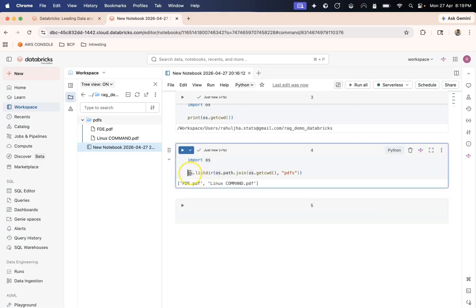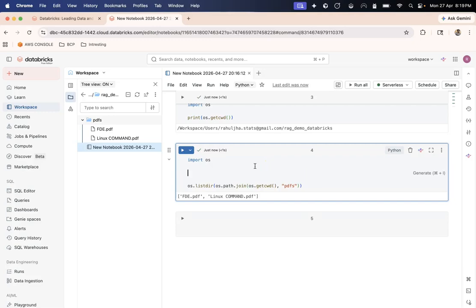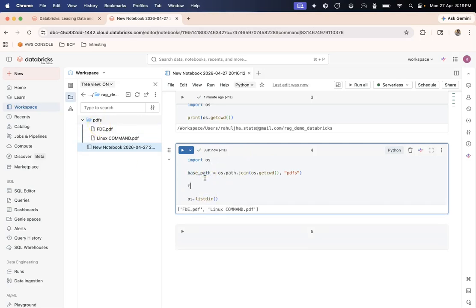Now, this gives us only the names, so we might want to build a base path. I would like to cut this from here with Control X and paste it here. What it will do is include the base path of PDFs, and after that we can do something like for file name in os.listdir, and here I can type my base path.